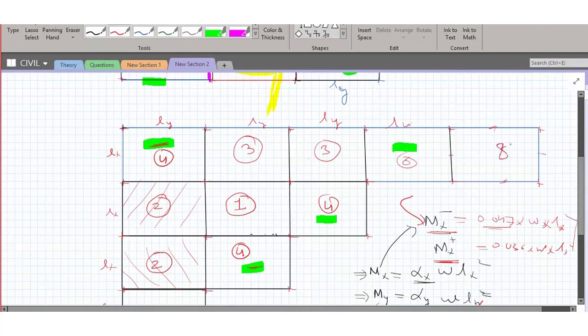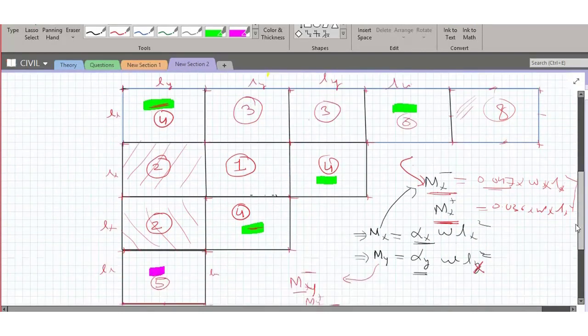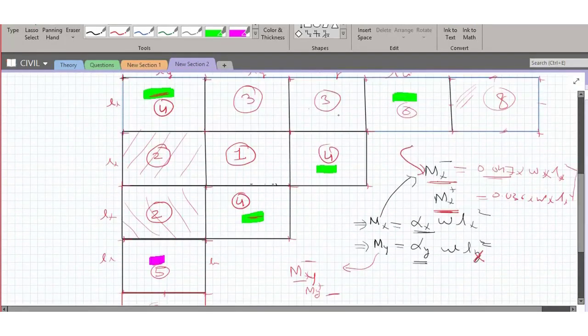But case number 8, which is for this particular panel, has the short edge continuous. So you can see I have made all those 8 cases. I have made all possible 8 cases when I design the respective slab panel if I find it to be a two-way slab. So you have to look at what boundary condition you have. Based on the boundary condition, you can select the case which is given in the slide.